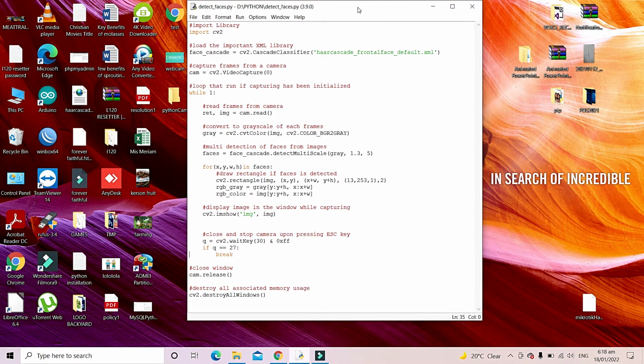Now, I made the code a while ago and named it detectfaces.py. Let's import our library, so this is import cv2. Next we need our haarcascade_frontalface_default.xml. This is our trained XML library, so we can import that